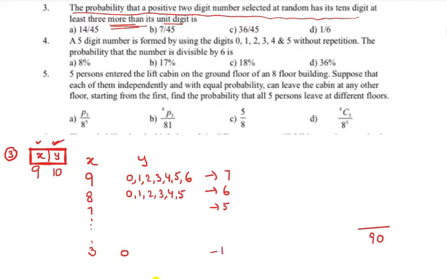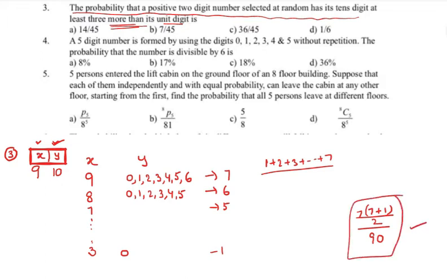That's why in this case only one possibility. So now I can write total possibilities. We are getting 1 plus 2 plus 3 plus and so on plus 7 are the favorable possibilities. That is nothing but 7 into (7 plus 1) divided by 2 is the answer for that particular question, because we got the favorable cases by total number of cases.